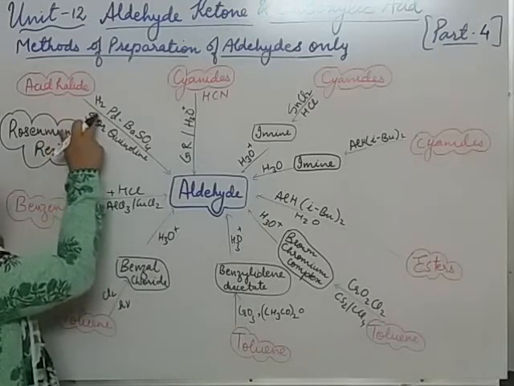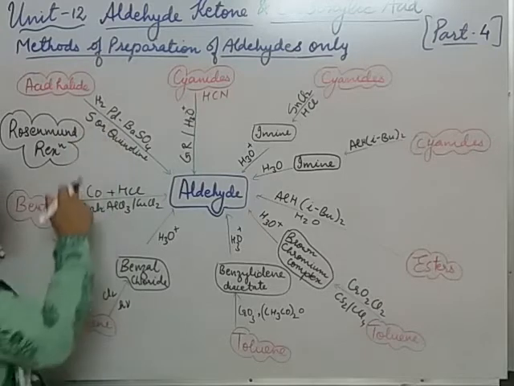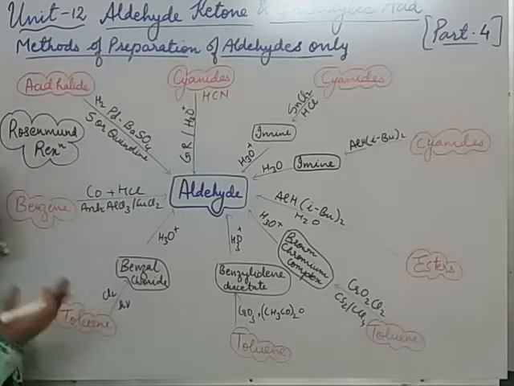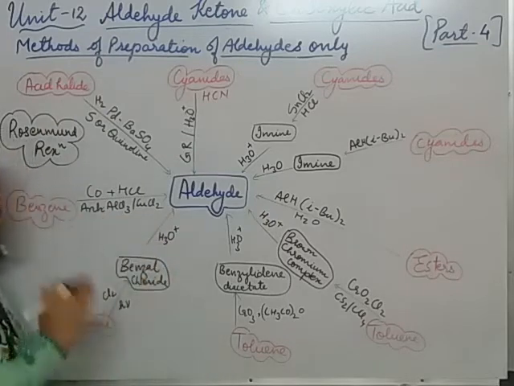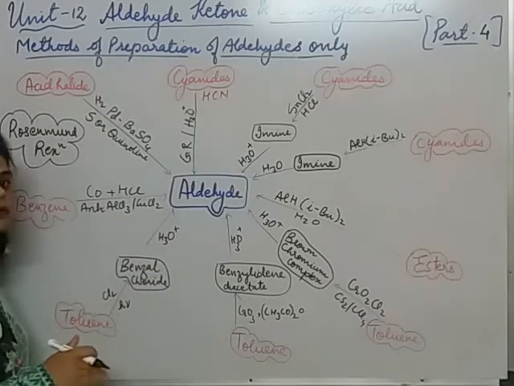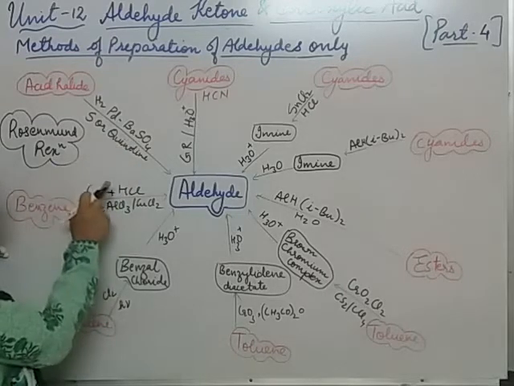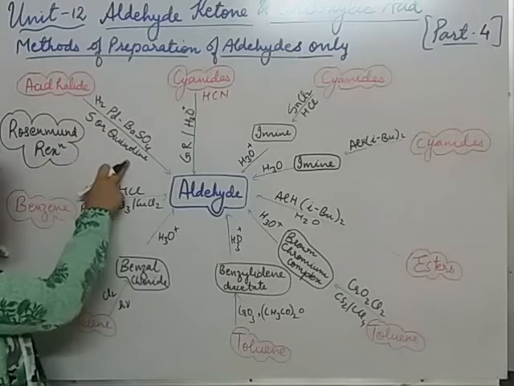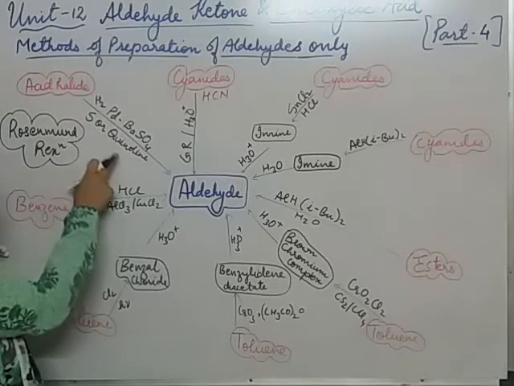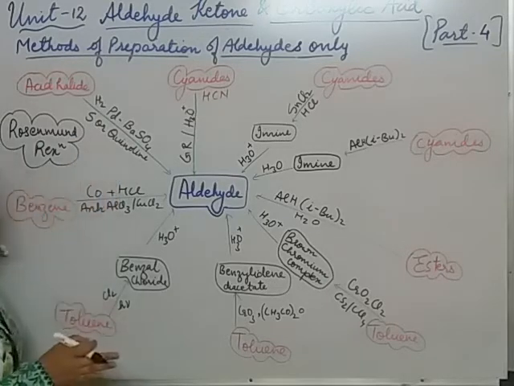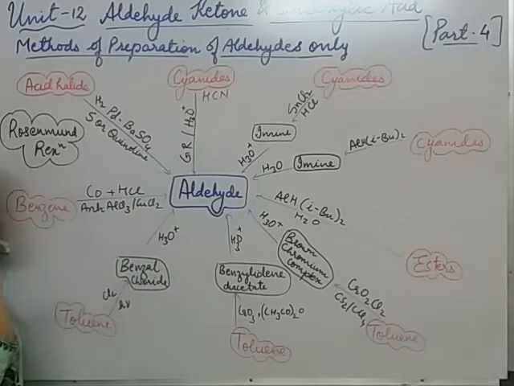Now, when you are doing the reduction in the presence of palladium, it reduces acid halide to aldehyde and further reduces it to alcohol. But if we have to stop the reaction at the aldehyde, then we use BaSO4 in the presence of sulfur or quinoline. This BaSO4, which is poisoned by sulfur or quinoline, stops the reaction at the aldehyde only. It does not allow it to reduce further to alcohols.